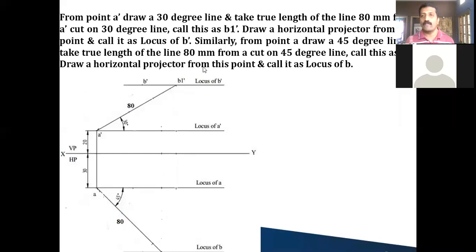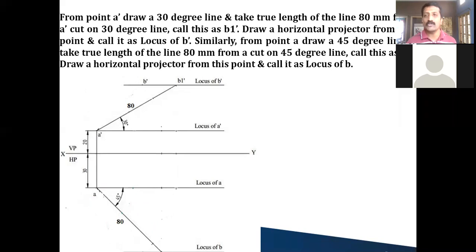As I told, always HP inclination you can see in the front view, VP inclination you can see in the top view. This is a small clue you can remember. So take theta 30 degree from A dash, already marked, and draw a 30 degree line. This is the true inclination.